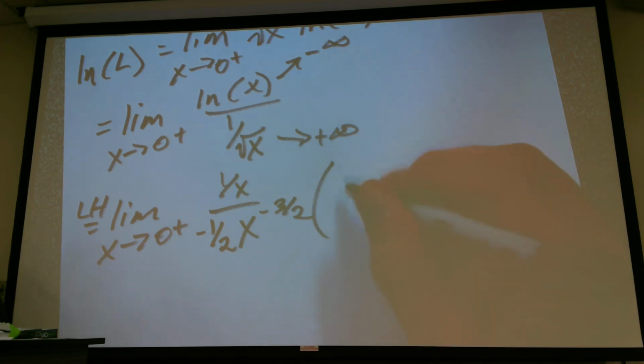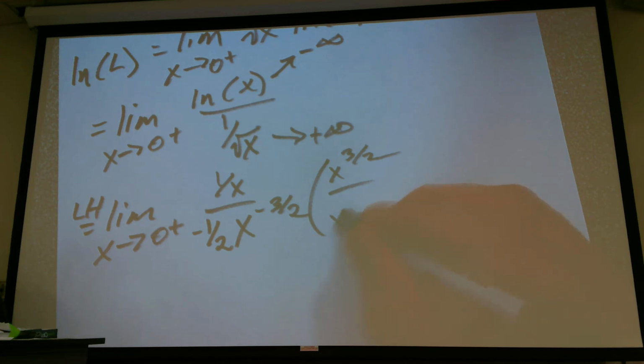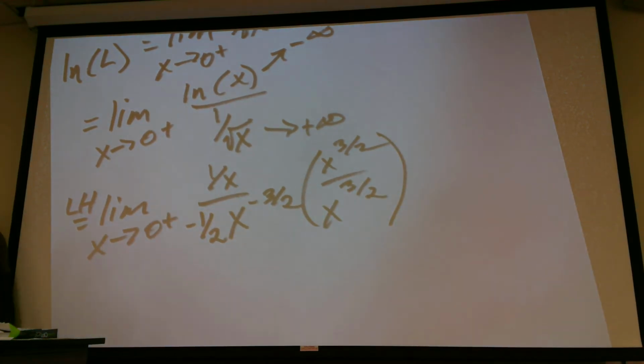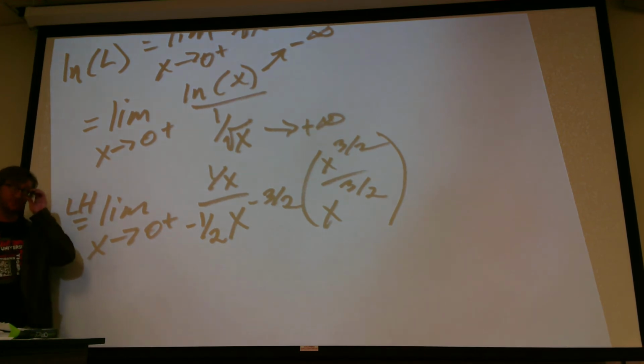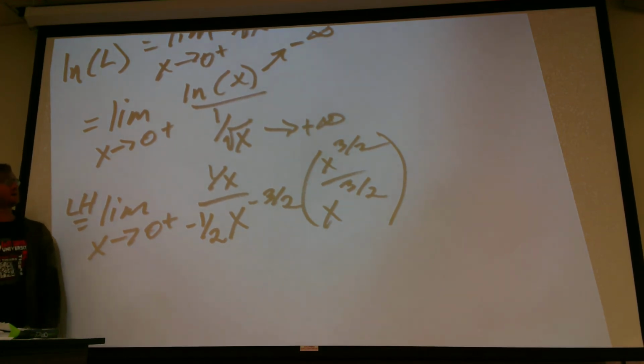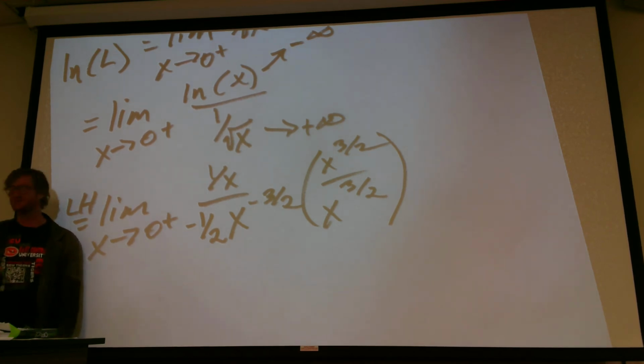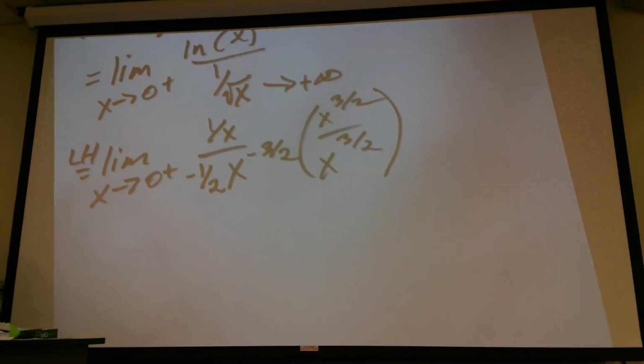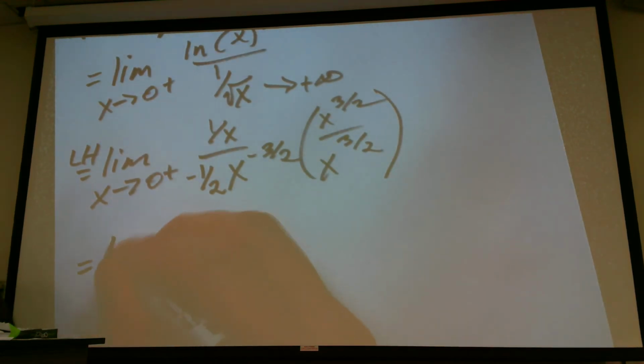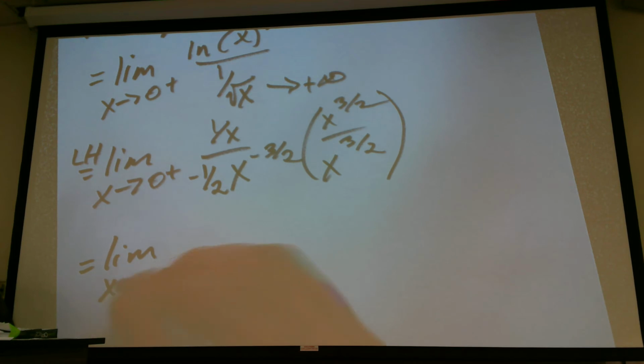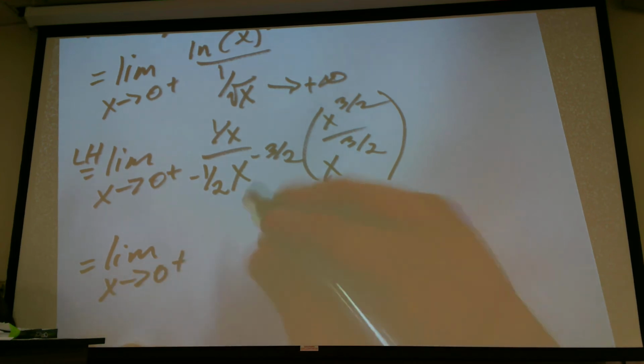And this is not entirely necessary, but if you want to think about this in terms of multiplying by 1, I'm trying to get that x to the negative 3 over 2 off the bottom. Okay. And then on top, all we are left with on the bottom is the negative 1/2, and at the top is x to the 3/2 divided by x, so let's put this x to the 1/2. So, the limit as x tends towards 0 from the right of x to the 1/2